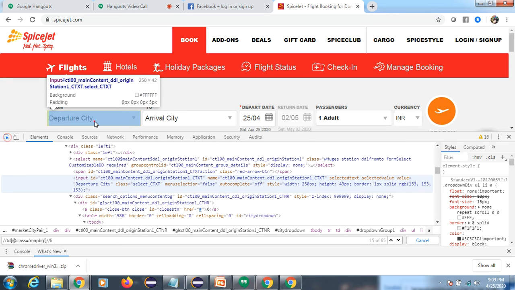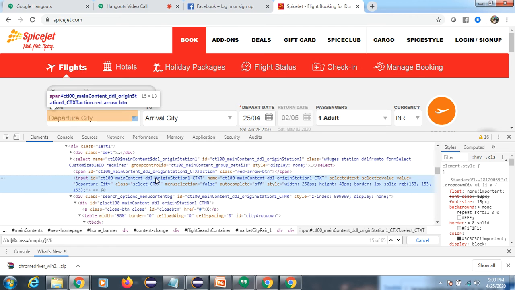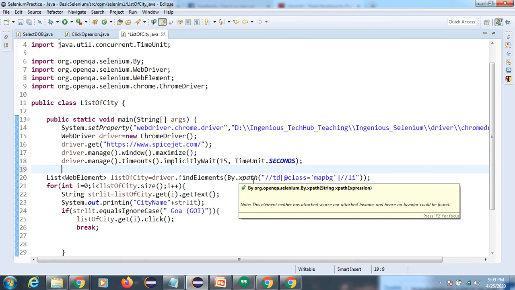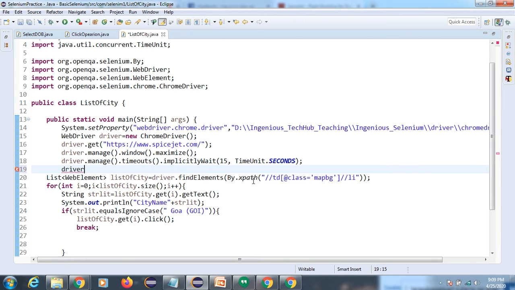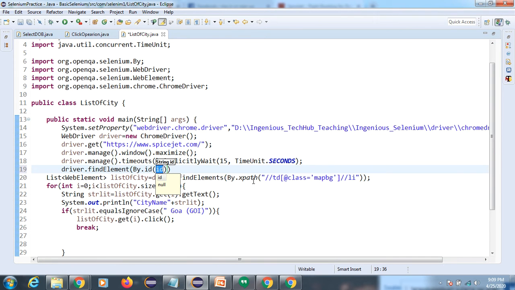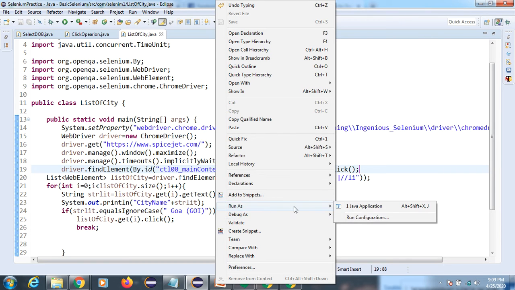I think the id is there, so simply we can copy this id. Double click so it will select properly, and first we will click on that. I did not click that, right? The element is not displaying properly, so directly we can use this id. If something goes wrong, we need to find another XPath, or if there is any synchronization problem, we can handle this. So again we will execute this.